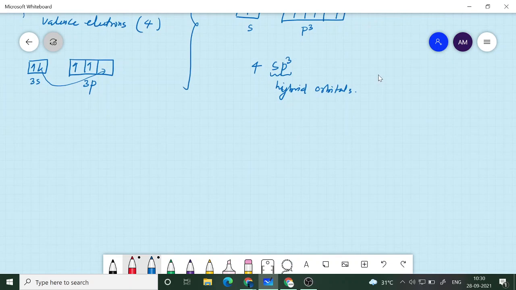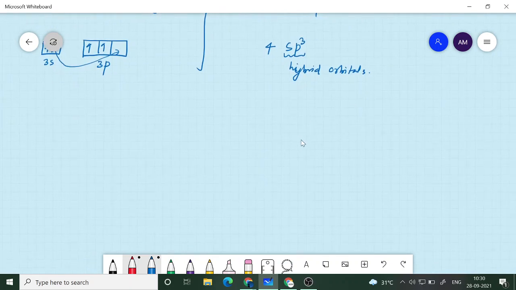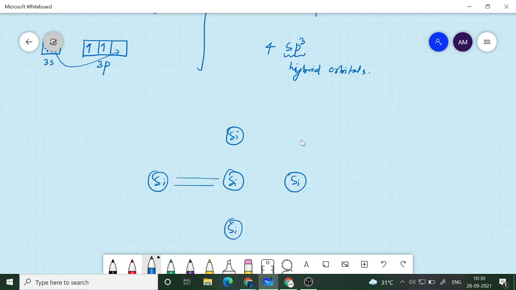So we can now look at this like a 2D picture. So you have a silicon atom, and so this is a 2D version. The actual picture is a tetrahedron. Since it is difficult to draw, you can draw like this. Okay. So every silicon atom in this manner will have 4 nearest neighbors.